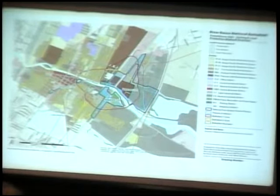And again, some of these are included in your packet handout. You have a list from the gap analysis that indicates the areas that we might want to take a look at. Again, this kind of map gives us a better understanding of the battlefield, and associated assets. And it helps us to develop a more comprehensive approach to land use and more sensitivity to the ways in which different types of land use definition can affect the success or the attractiveness of associated businesses,